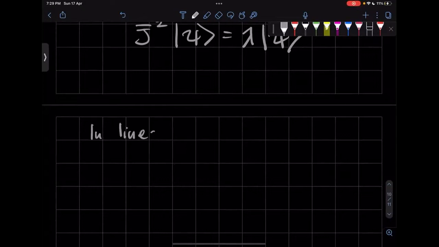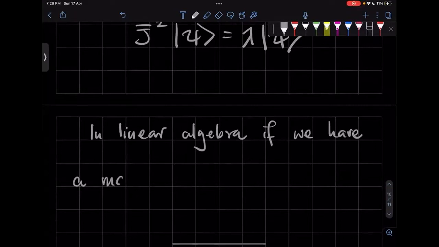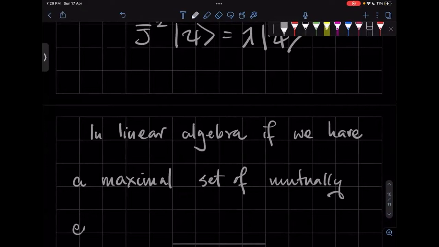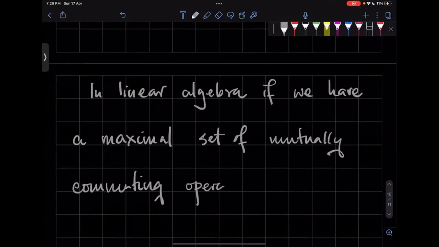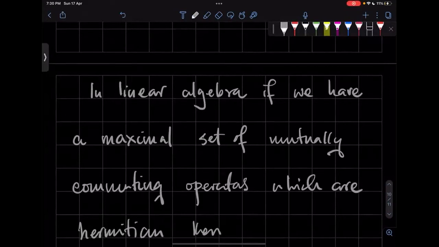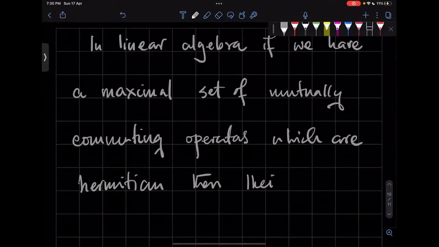In linear algebra, if we have a maximal set of mutually commuting operators which are Hermitian, then their eigenvectors, let's call them simultaneous eigenvectors,